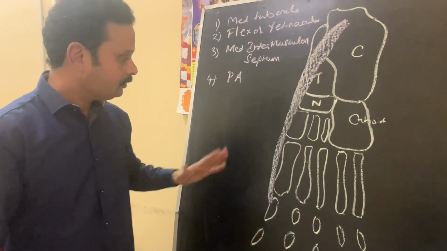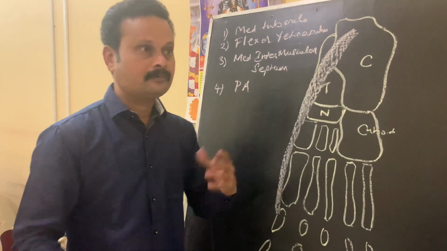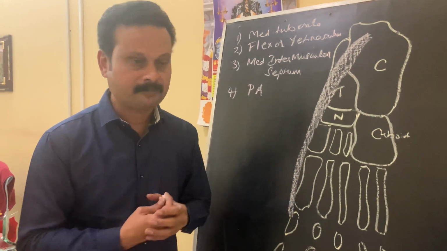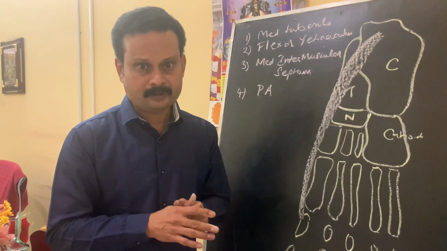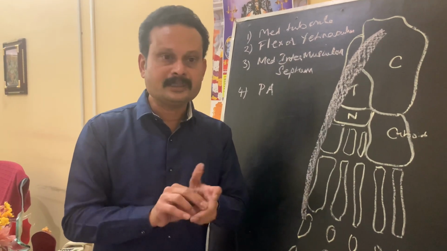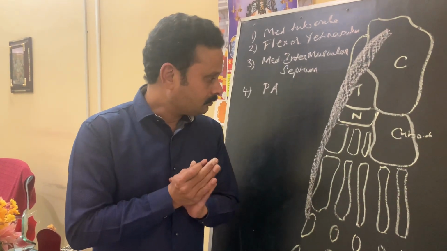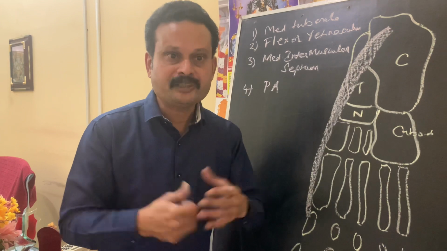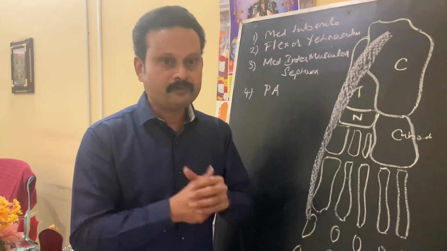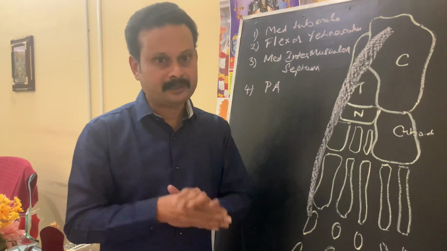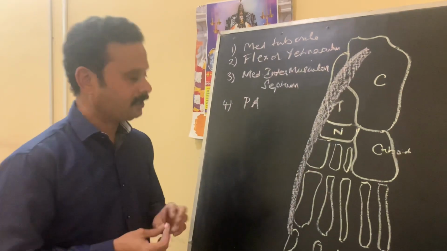Now supplied, already I have said it is supplied by the trunk of medial plantar nerve, which is a branch of tibial nerve, and action is it should cause abduction of the great toe. But this action of abduction of the great toe is seen in those people who don't wear shoes. In barefooted people it can be seen a bit, but in shoe wearing people this action of abduction is not clearly seen. Okay, so this is all about the abductor hallucis.